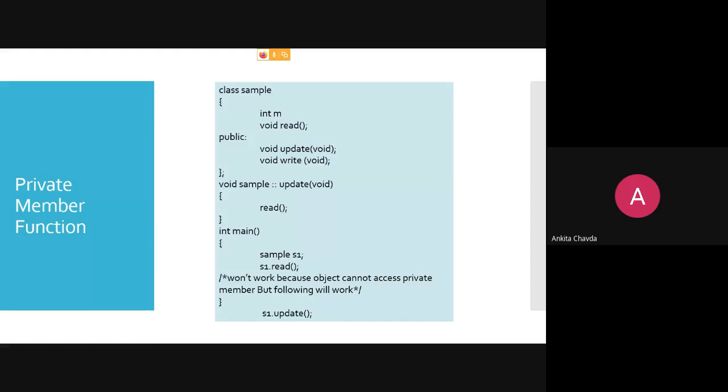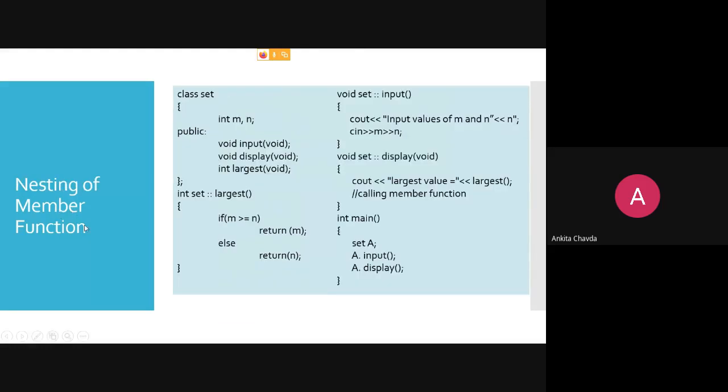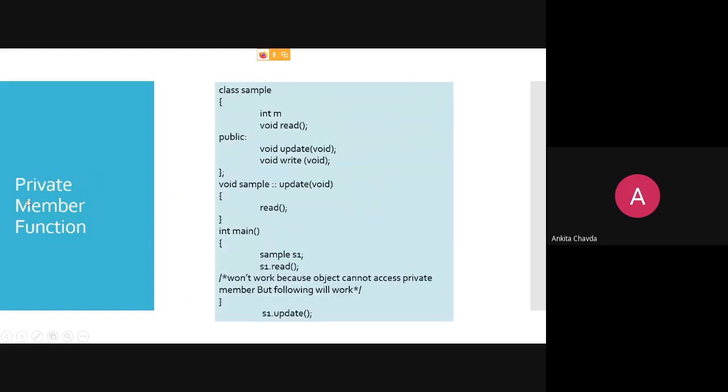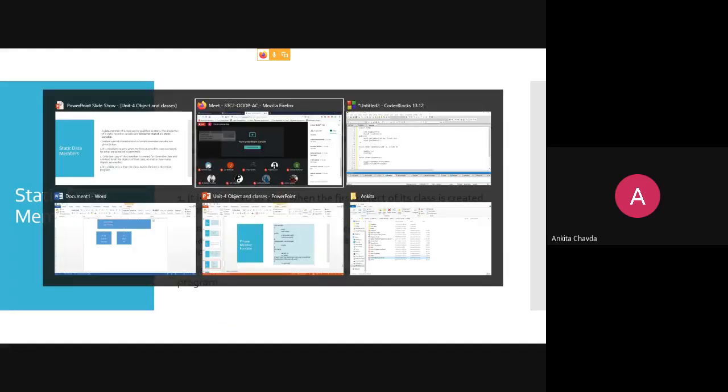Okay, getting my point where I'm using this nesting of member functions, because you will see that okay, this one is the public one, then why are we calling this from this. You can even call a dot largest, right? But in some situations where your member function is a private one, you have to call it from the public function only. That is the only option, right? Okay. So this is how you can implement nesting of the function.